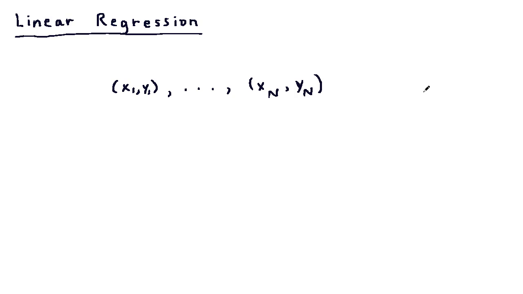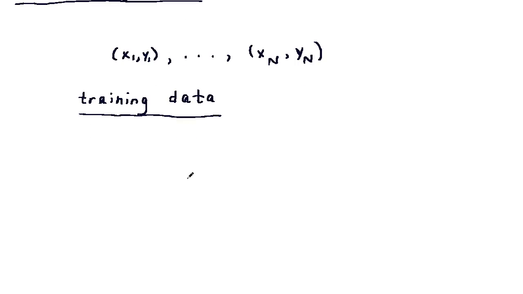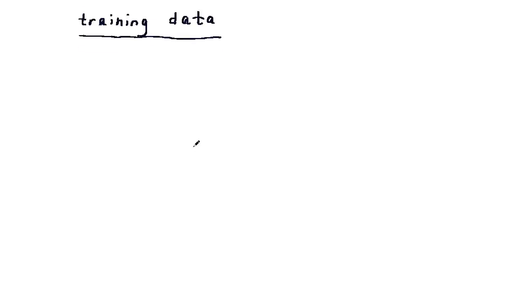Suppose we have a set of data x1, y1 through xn, yn. This is called the training data. Okay, now each xi here, each xi